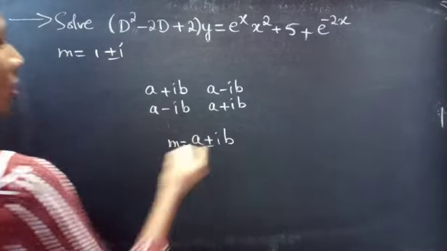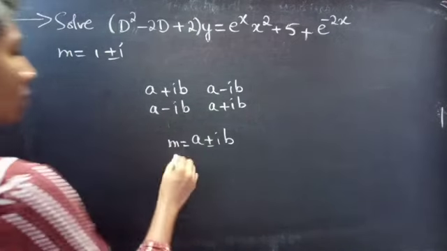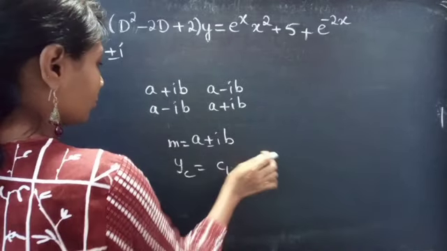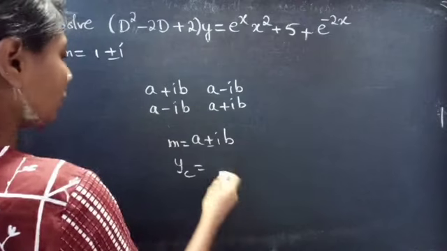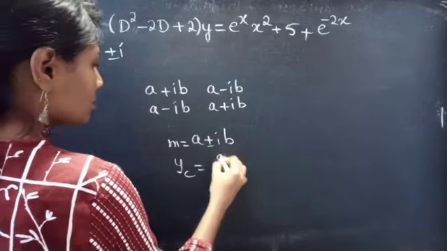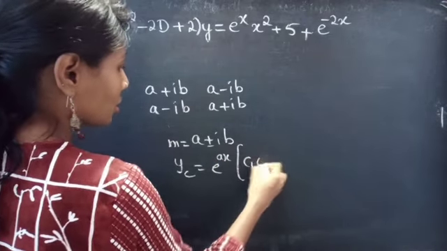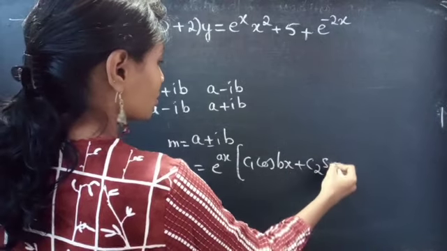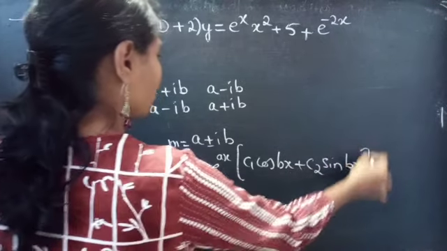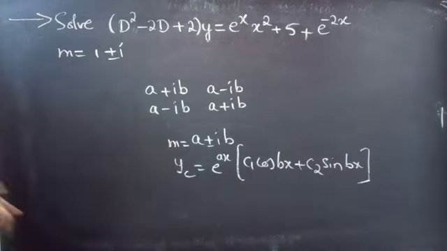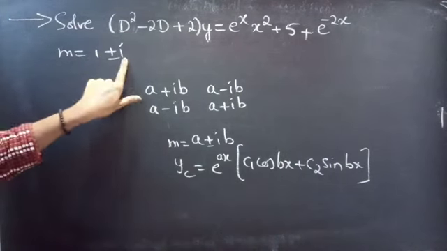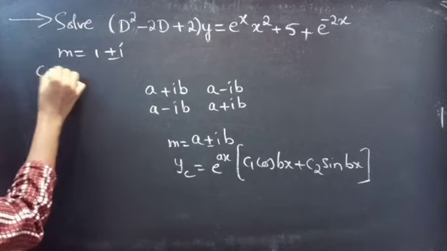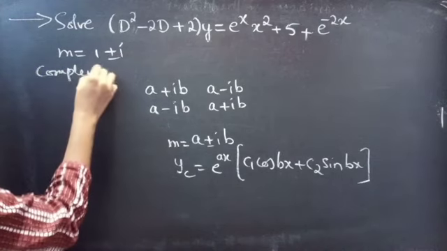If we have complex conjugate roots, then yc will be c1 e power ax into one constant cos bx plus another constant sin bx. Right? In our case, we are having 1 plus or minus i, for a equals 1 and b equals 1. Our complementary function looks like